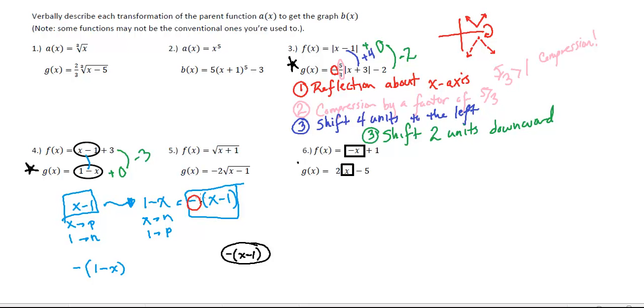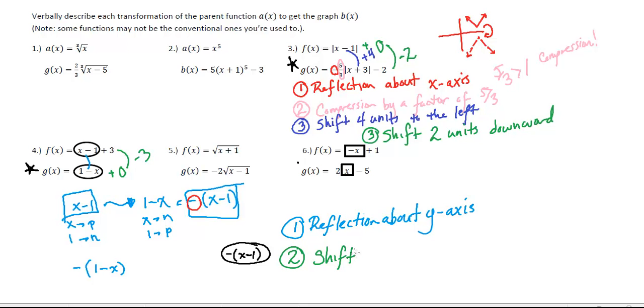Alright, so now it looks like that other transformation, and we'll even call this the first transformation, is going to end up being, since the negative is technically on the inside of the function, well, actually not technically, literally, then what we have here is a reflection, because there's a negative sign, and it's on the inside, so it's counterintuitive. It's the reflection about the y-axis. Alright, so that's the first thing we're going to do. And then finally, the last thing we're going to do, because there's only 2 transformations in this one, conveniently enough,